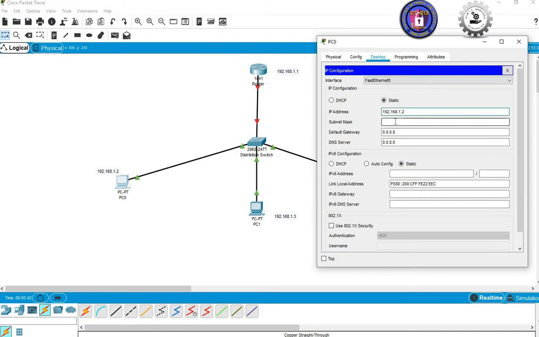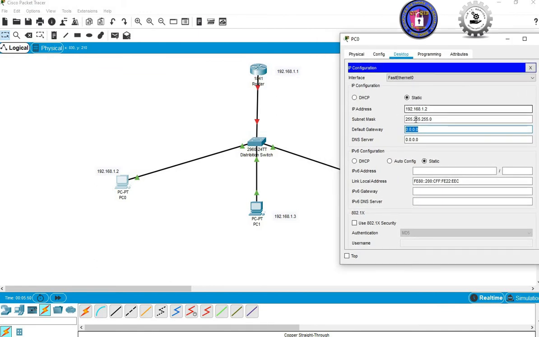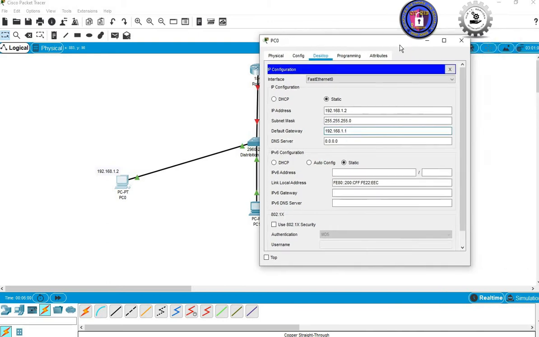and your subnet mask, it will automatically fill in. Okay, and your default gateway. Now your default gateway must be the IP address of your router, which is 192.168.1.1. And